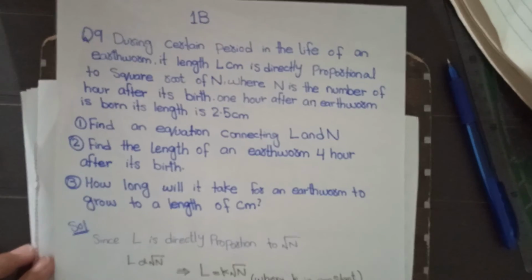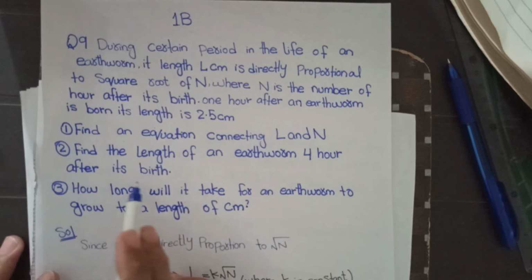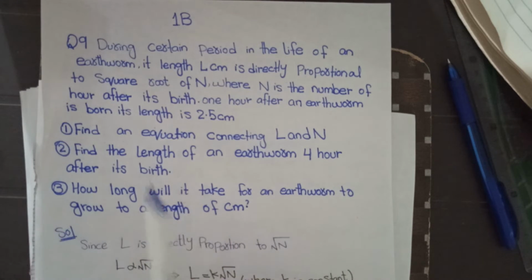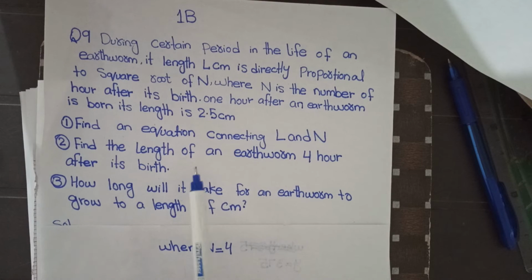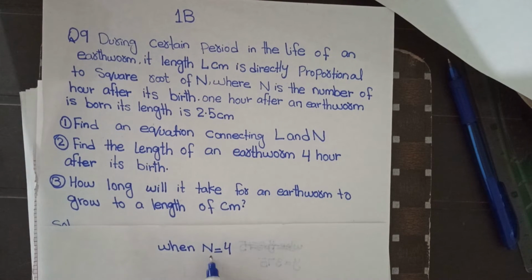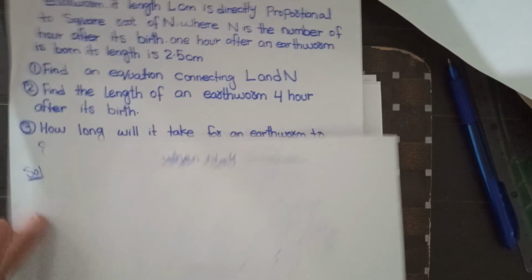The second part is find the length of an earthworm four years after its birth. Find the length, meaning n is equal to 4. Put the value of n in that equation. L is equal to 2.5 square root n, it will be,